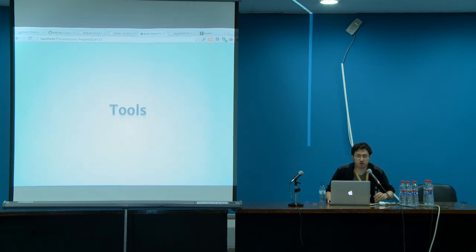So I'm going to go through just a couple of the tools that I use when I'm developing Angular apps. And the reason I'm sitting here instead of walking around and talking to you is because, unlike my last talk, I'm actually going to try and present some code, and maybe we'll do some development together. So first of all, Yeoman and Bower and these different JavaScript package managers and Bootstrap tools, I don't really use any of them. You can. They just, to me, in my experience so far, having tried to use them, seem like more trouble than they're worth.